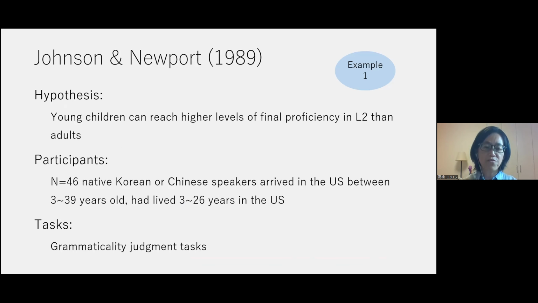And they have lived in the US for about 3 to 26 years. And Johnson and Newport gave the participants a set of grammar tests and asked them to judge, for example, read this sentence, is there any grammatical error in this sentence? Tests like that. And what they found was,